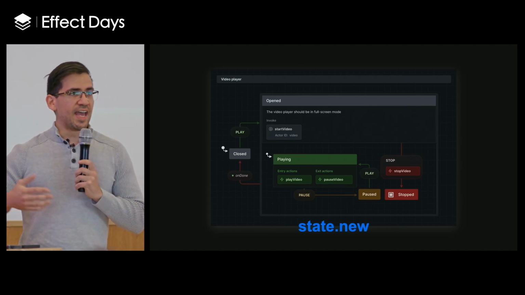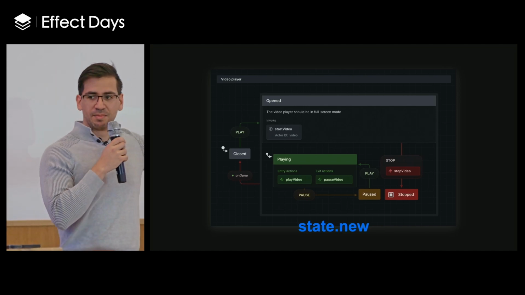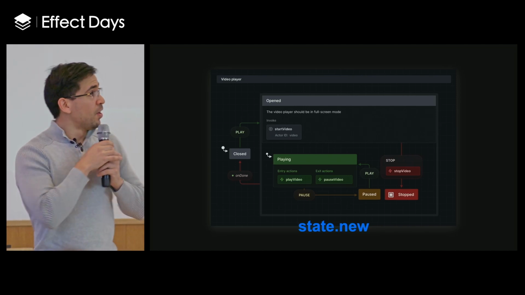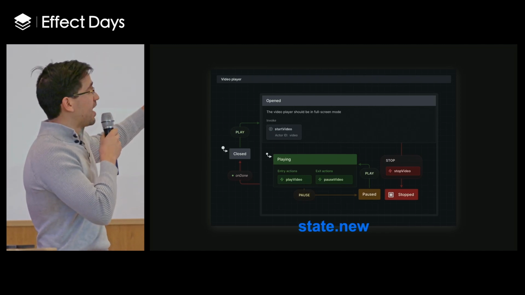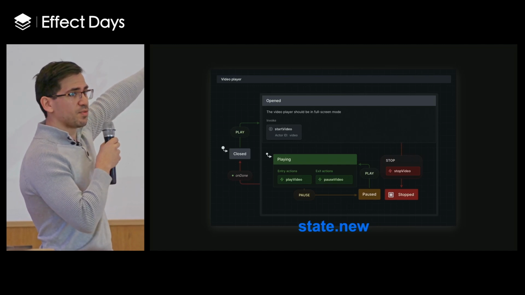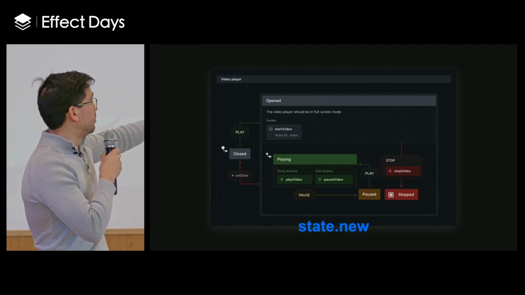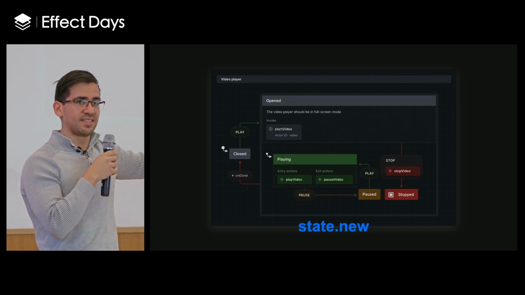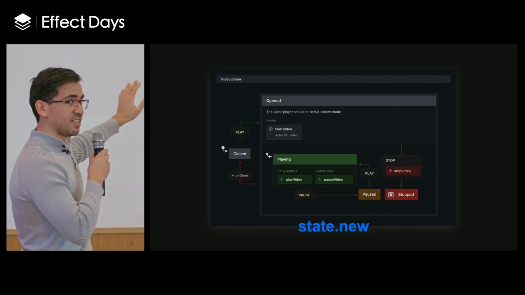So one of the biggest benefits that I love about using state machines is that this declarative representation can actually be converted to a diagram like this. And so this is an example state machine for a video player. We start in a closed state, and when you click the small video, it opens, and then we execute some effects, which I'm going to talk about soon. But then in this open state, we actually have nested states. And so this is what's called a statechart.